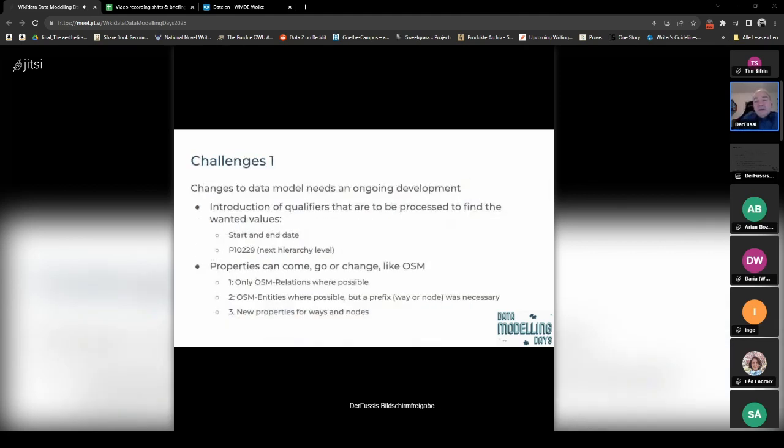Yeah, but this was quite a long process to develop all these modules. So we faced some challenges and still have some wishes, of course. And challenges that we faced in the past were changing properties, especially if you take a look at OSM. So you have just to maintain your modules and always have to have an eye on the properties and how they look like and how they are used on